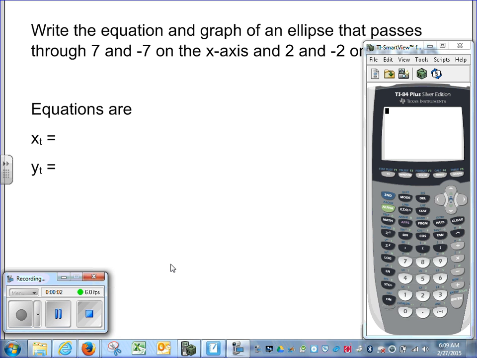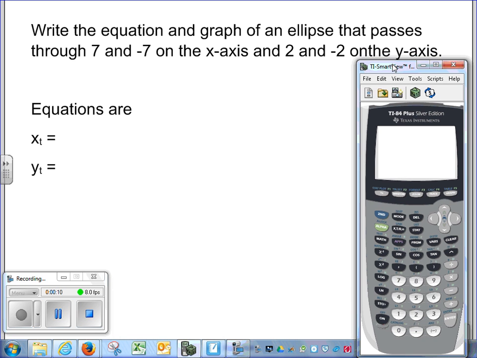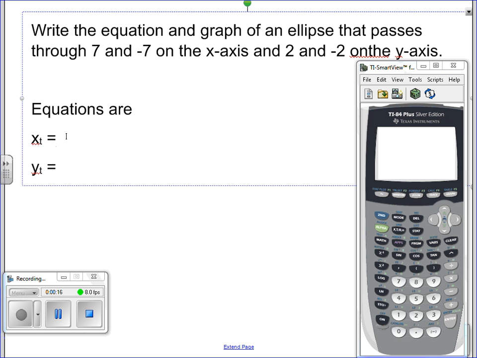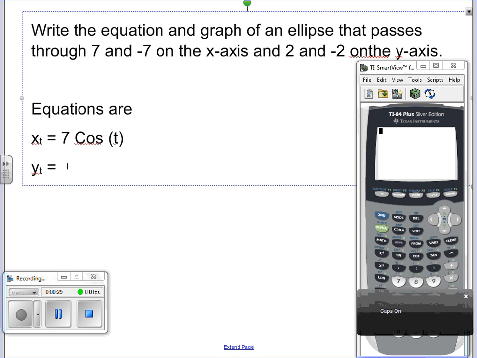So here's a short video on how to write the equation for an ellipse. Write the equation and graph of an ellipse that passes through 7, -7 on the x-axis and 2, -2 on the y-axis. Our equations in this situation will end up being a magnitude on the x-coordinate of 7 times the cosine of t, and y would be 2 sine,